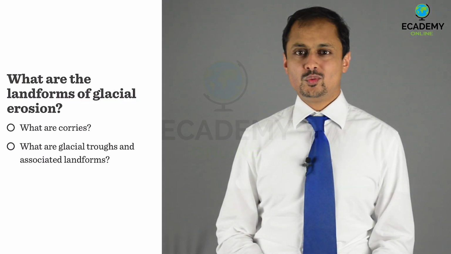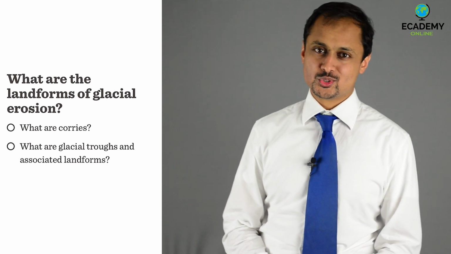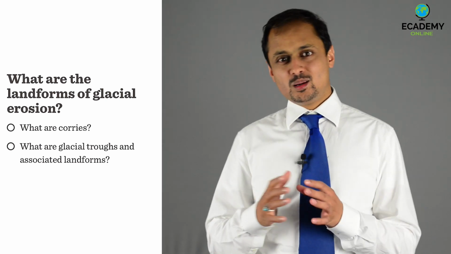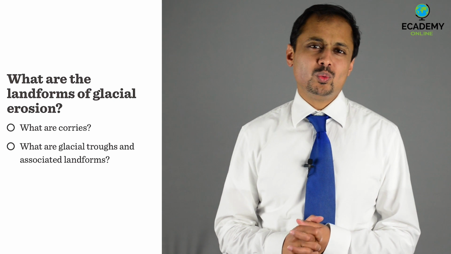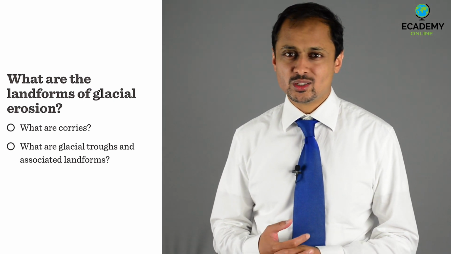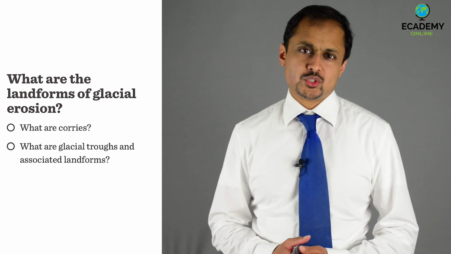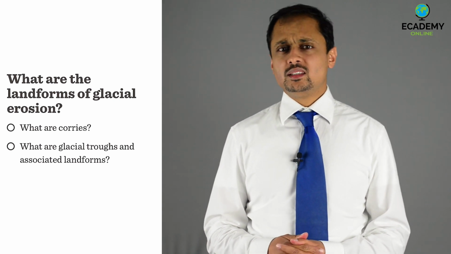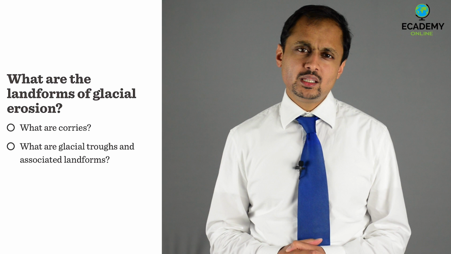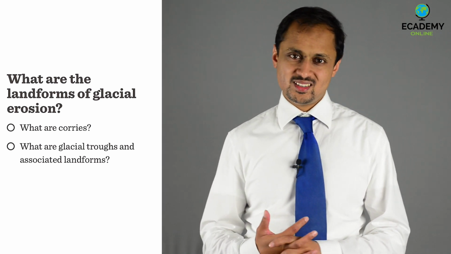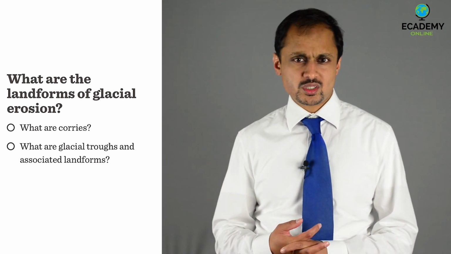Lesson 2. What are the landforms of glacial erosion? A quarry is an armchair-shaped rock hollow with a steep back wall and an over-deepened basin with a rock lip. It often contains a small lake known as a tarn. In the British Isles, quarries are mainly found on the north, northeast and east facing slopes where reduced insolation allows